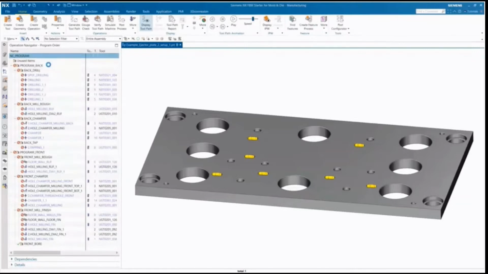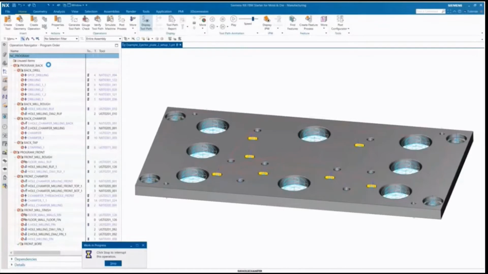For those of you who are familiar with programming ejector plates, you know that this, although it's a simple plate, is time consuming because of the amount of features. But with feature-based machining, you can see here it's done very, very quickly.